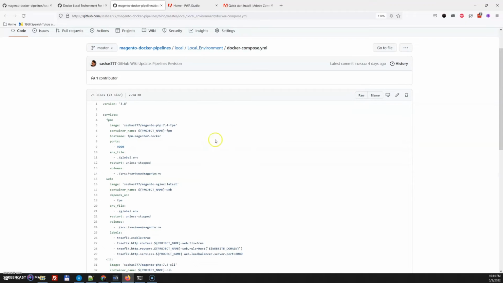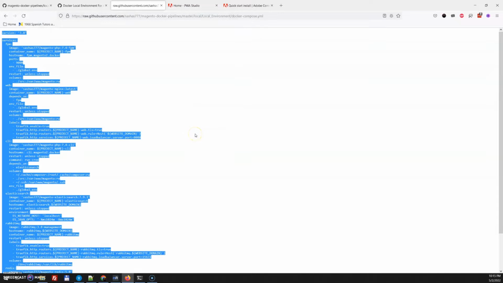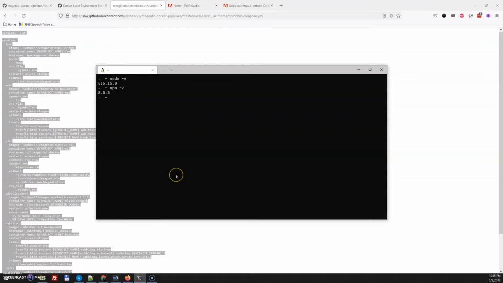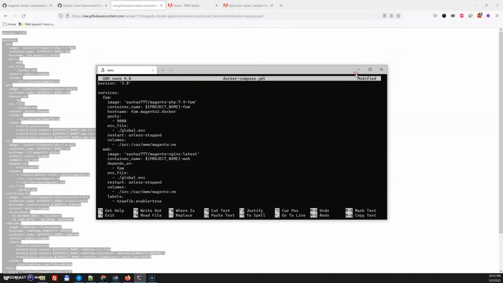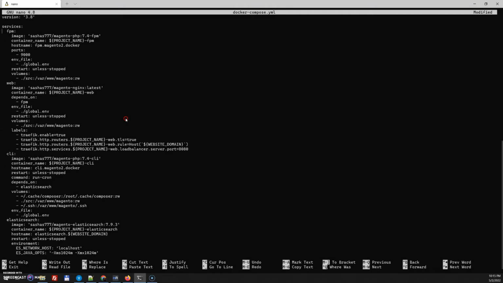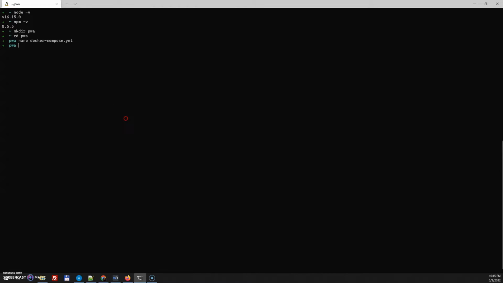I need to copy this file, docker-compose.yml. It has almost everything. It has PHP 7.4, which is fine for us, Nginx, all the basic settings, and Elasticsearch. I need to make